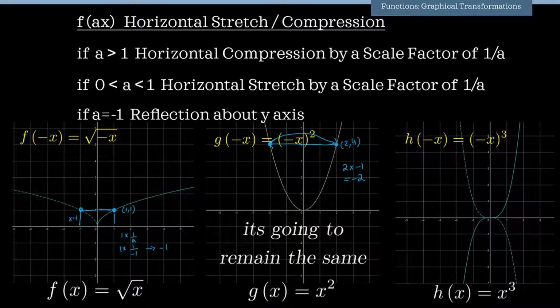So these were all the graphical transformations of functions. They help us tell what the graph is going to look like if I multiply, add or subtract a value by the function or with the input. So if you know these transformations, you can easily tell how my graph is going to change. But if you forget these transformations, you can always use a calculator to tell how the graph is going to look.